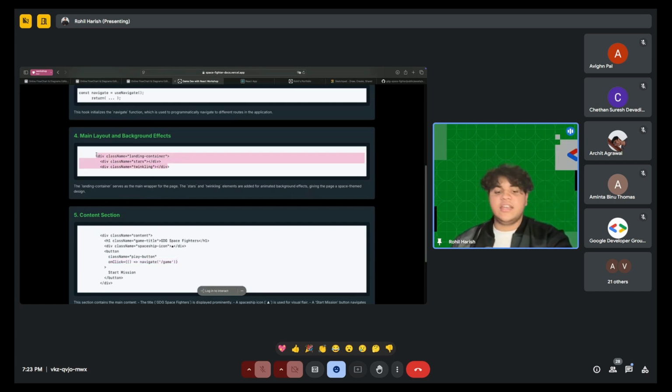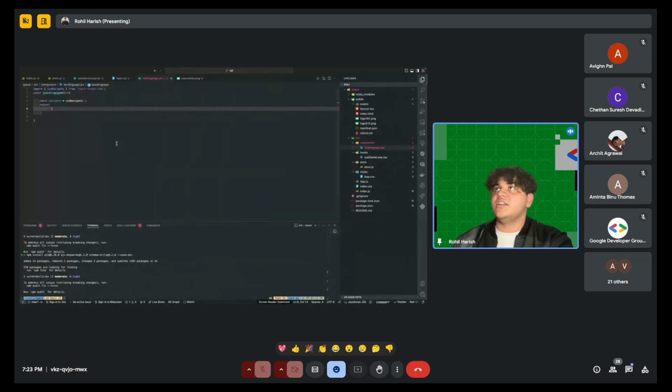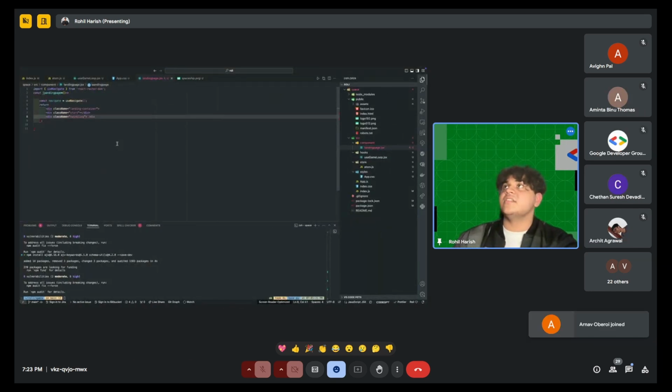So just create a div named for the landing container stars and twinkling. We just did make this